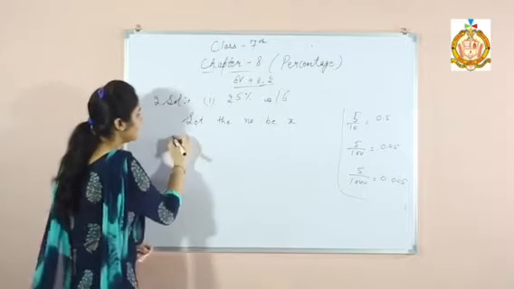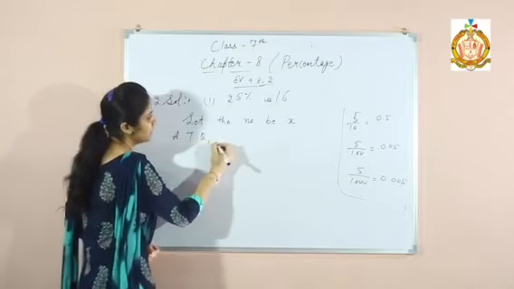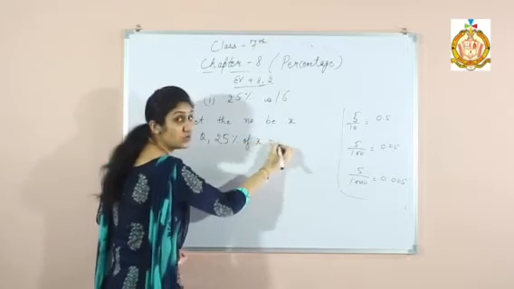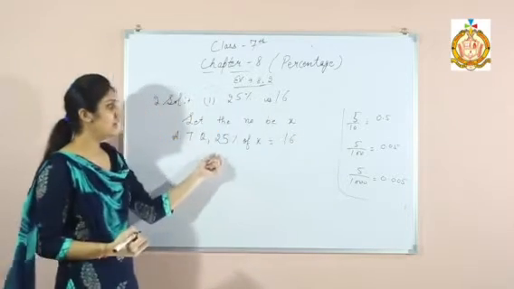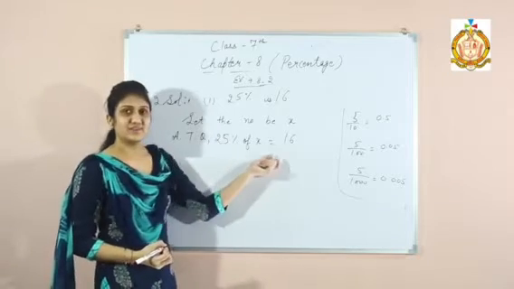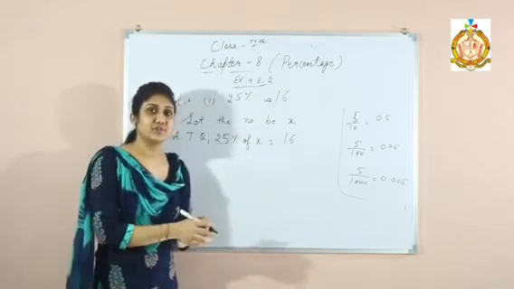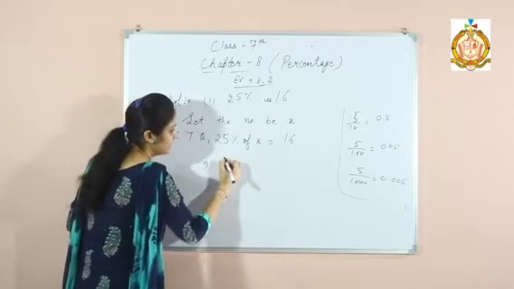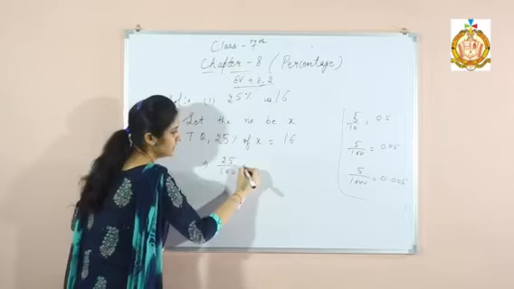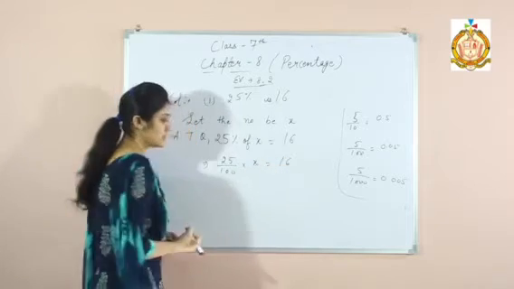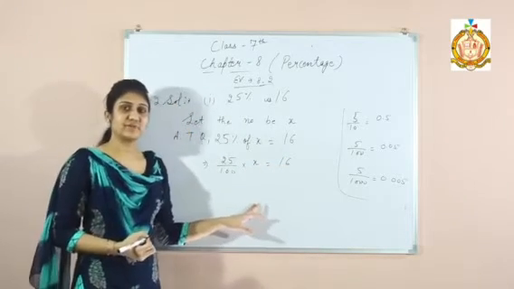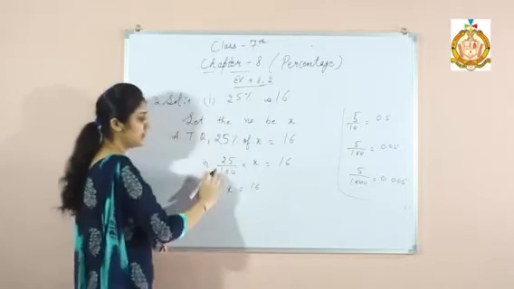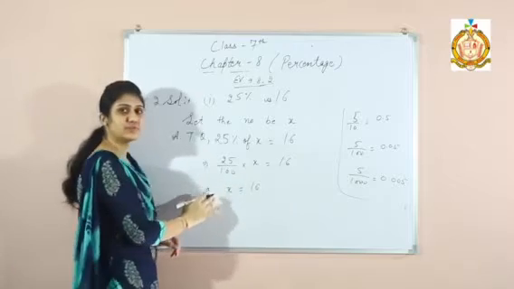So according to question, we can write 25% of x is equal to 16. Here we can write 25% of x is 16 because they are given that 25% of a number is 16. So here we can solve it for the value of x. 25 upon 100 into x is equal to 16. So here we have to solve this equation for the value of x. x is equal to 16 into 100 upon 25. We would take the reciprocal of this term when we shift its position from equal to sign.